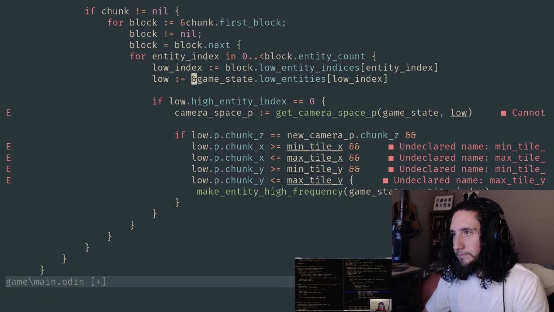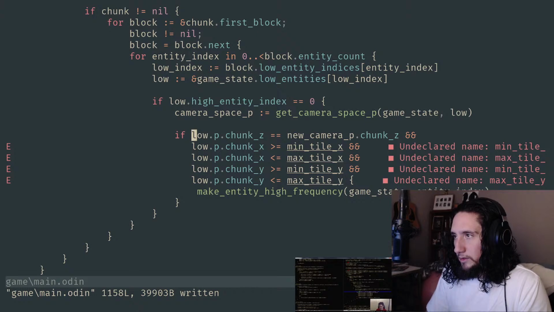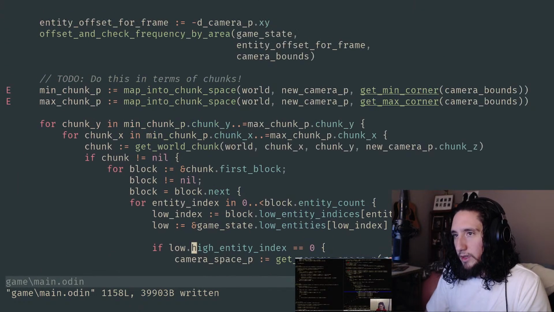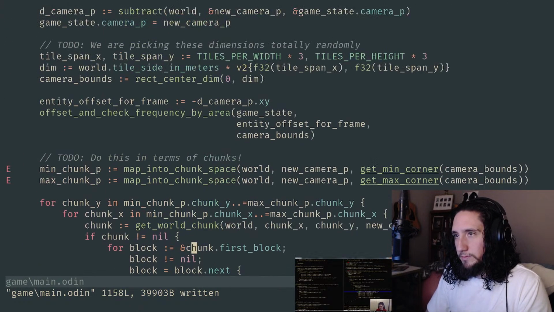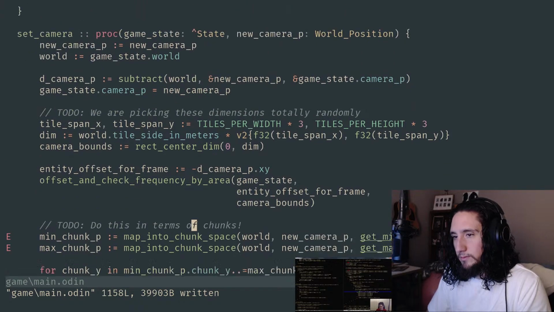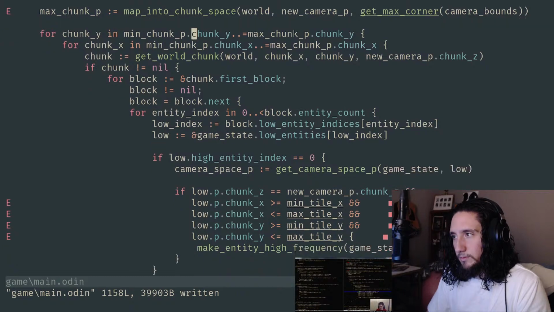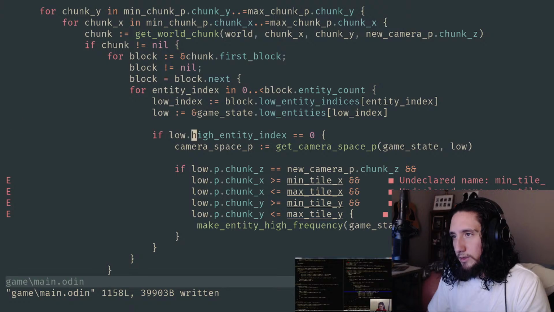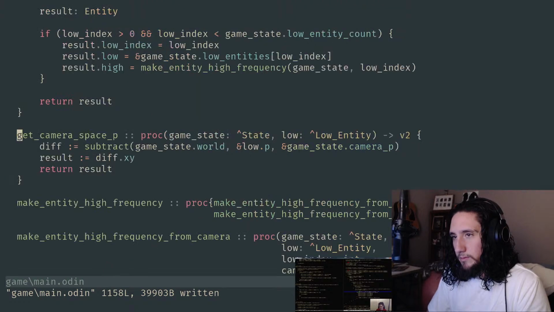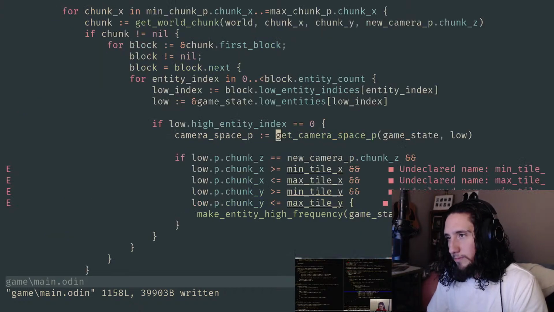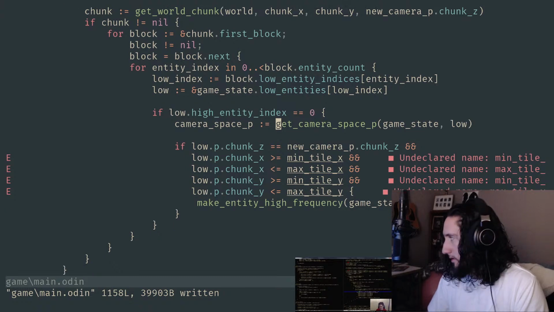Yeah. So we get that out, and like he was saying, at this point we know that the difference here between the low entity and the camera is within the bounds that we care about. So then it makes sense to go ahead and do this. I think that's what he just said. So we could make that call.